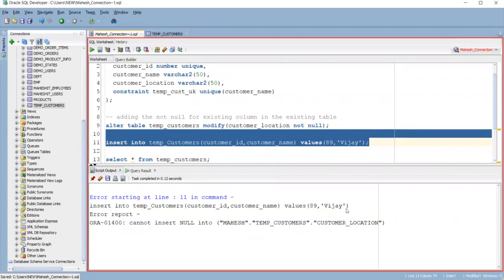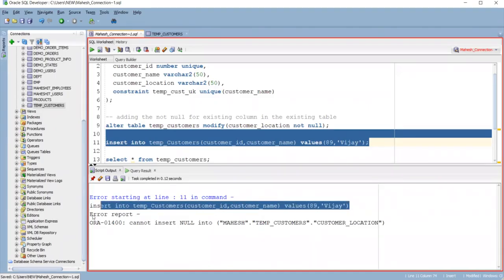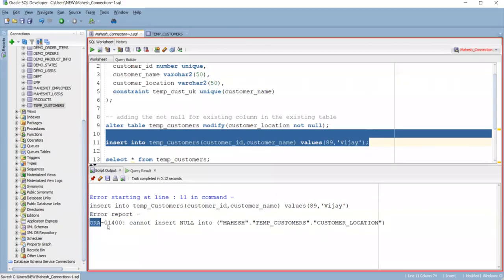So see, sir, what you are getting? You got an error. You got an error at line number 11 in the command, insert into temp_customer. You have an issue with this command. So what is that error report? Oracle